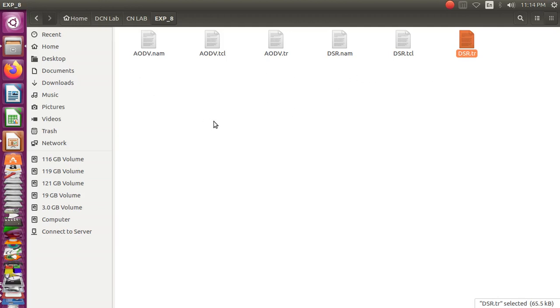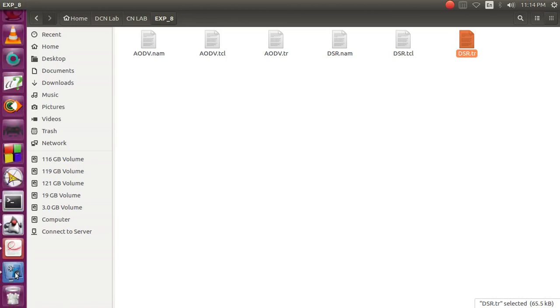So for the same network, I applied AODV and DSR. Now we need to write an AWK file to compare these two protocols. For doing that, we'll see in the next session. For the time being, you try to create these two files, AODV.tcl and DSR.tcl, and execute them by using